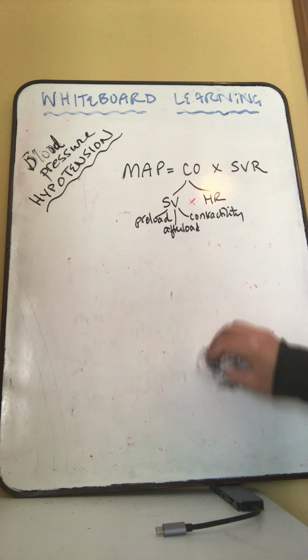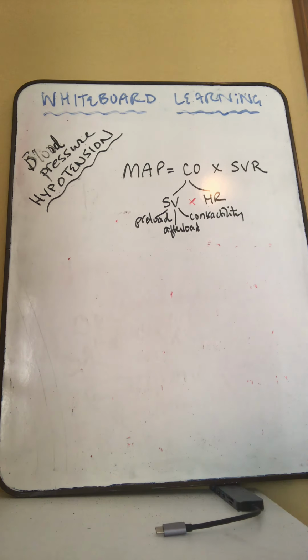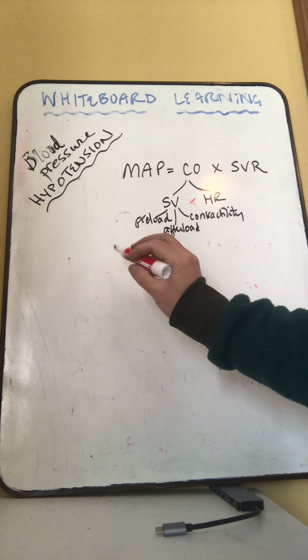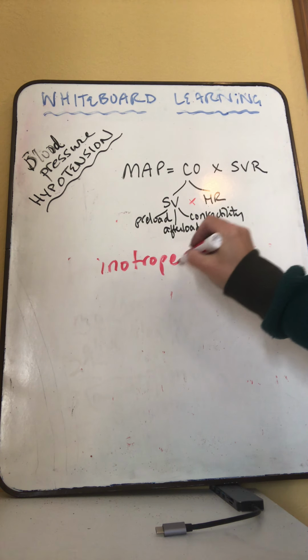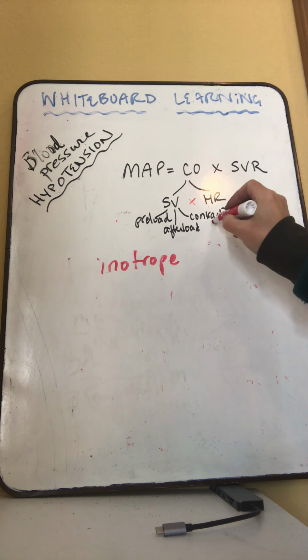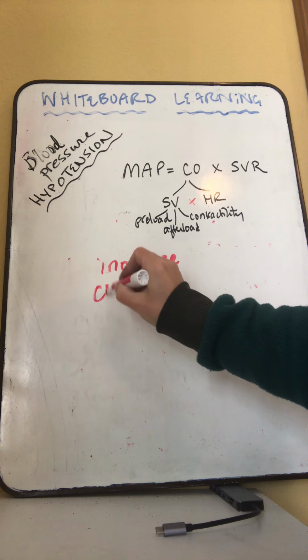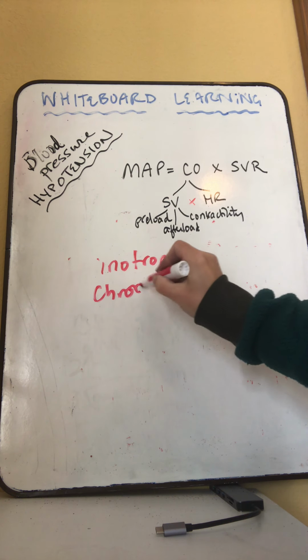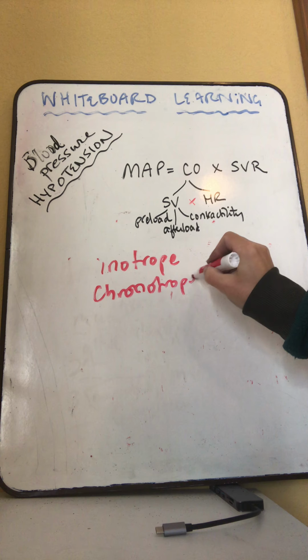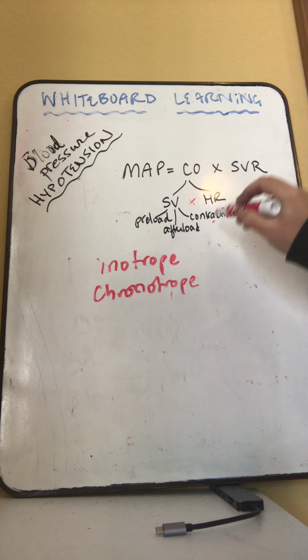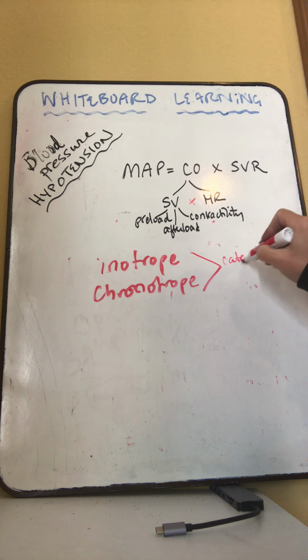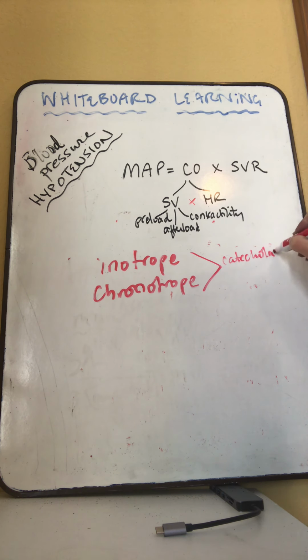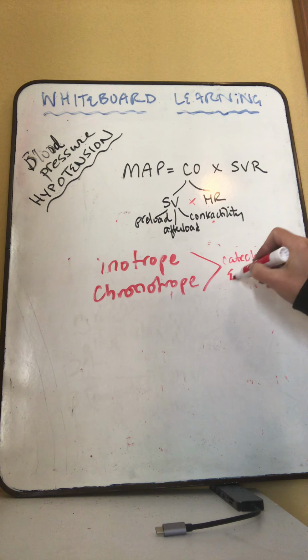Now, you may have heard both of these terms. So an inotrope is a medicine that helps the heart to pump better. So that's focusing on contractility. There's also the word chronotrope, and that helps the heart beat faster. And these are usually classes of catecholamines. Catecholamines are your stress hormones, right? So those are